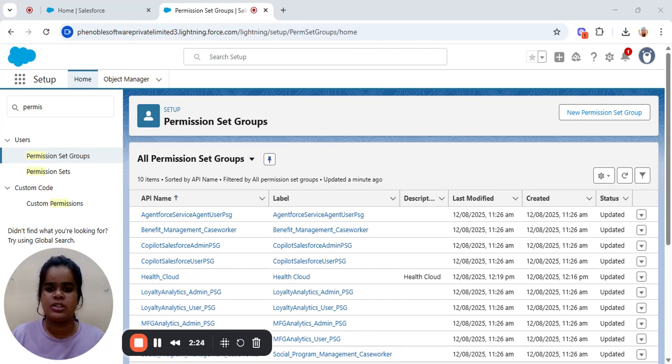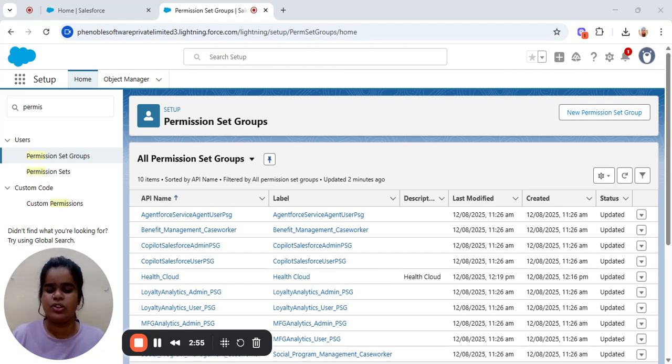You assign the permission set group to users, like system administrator, standard user, or any other Health Cloud roles, like healthcare coordinator, cardiologist, etc. So only those users get the right access.